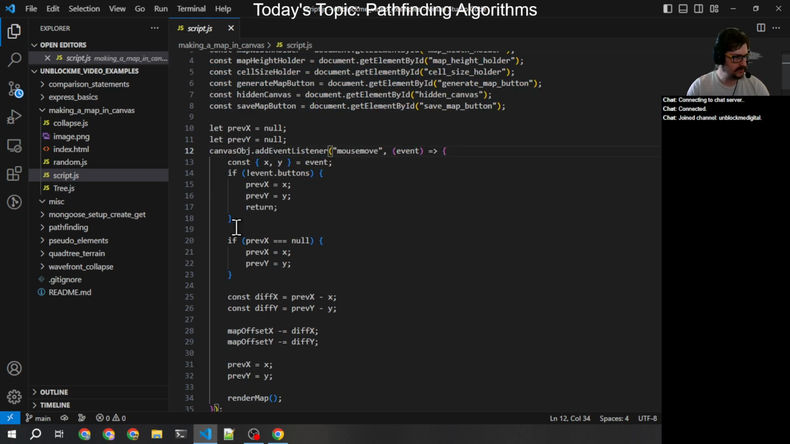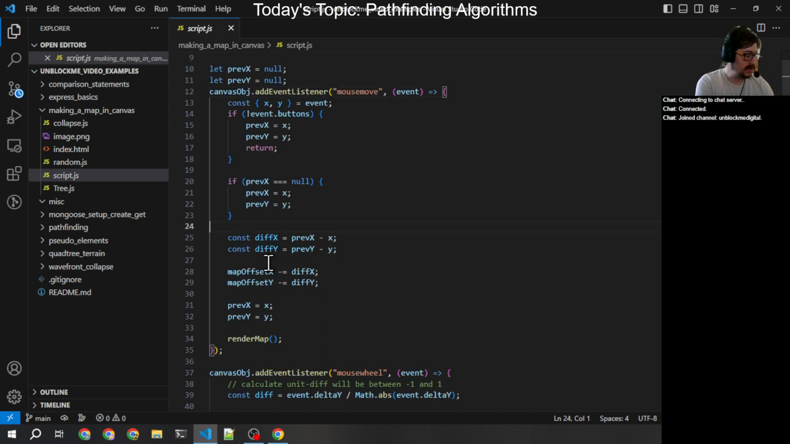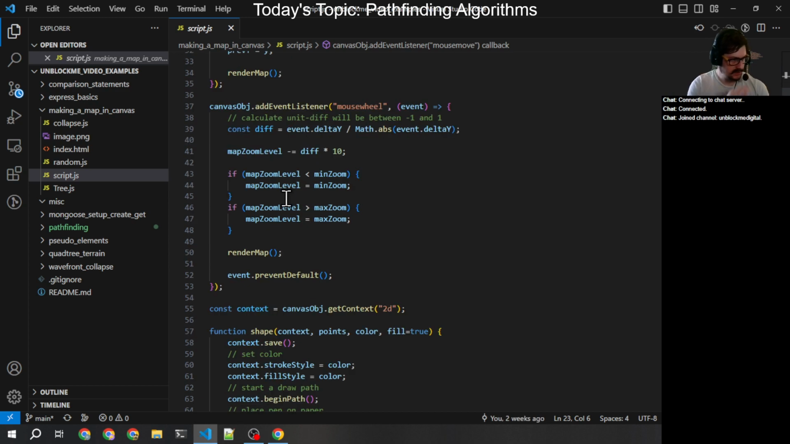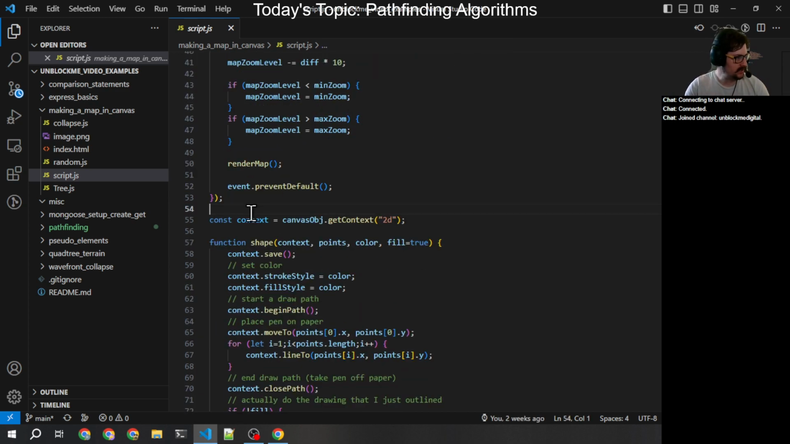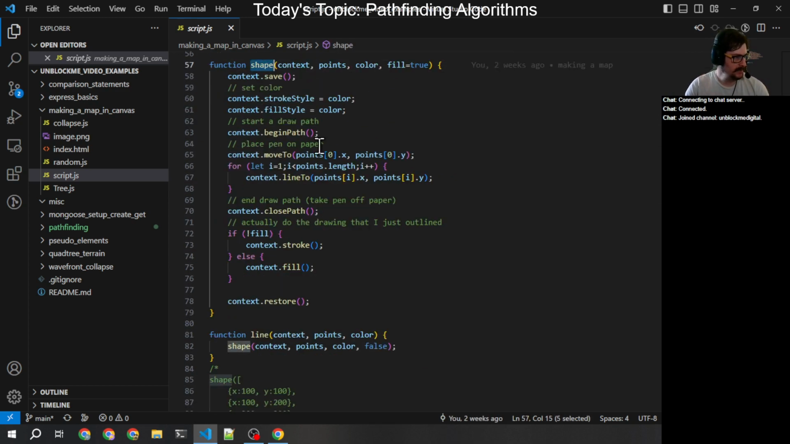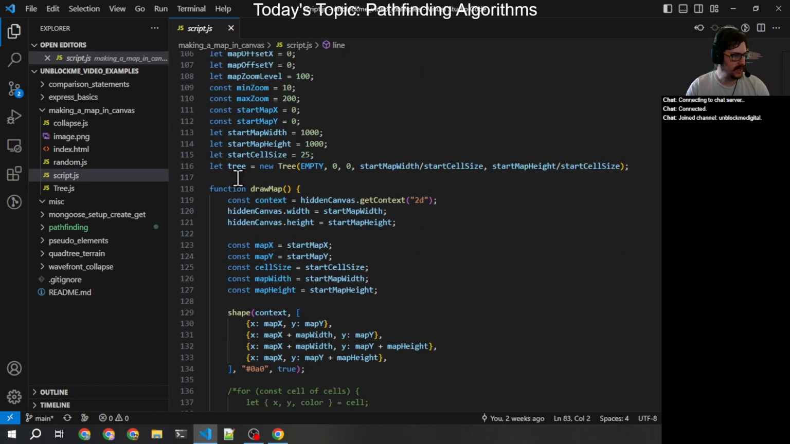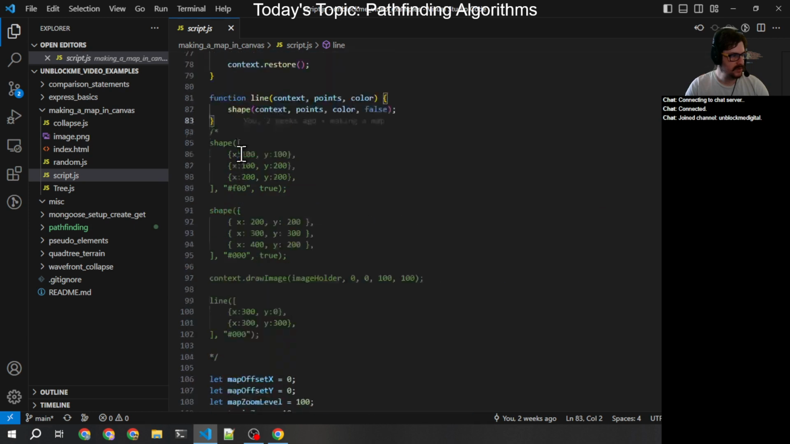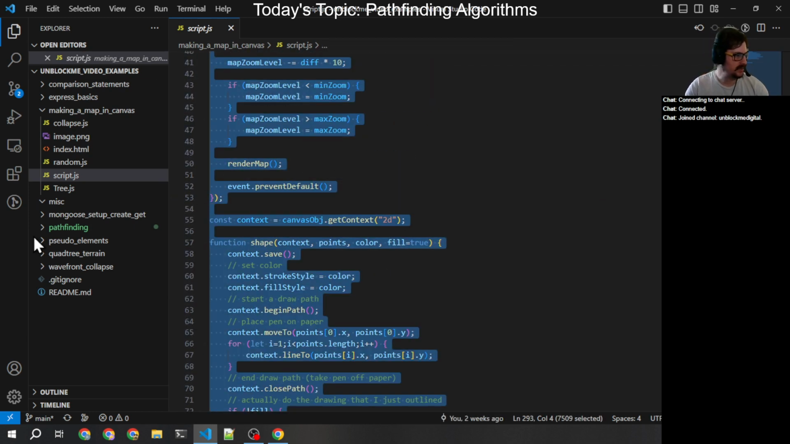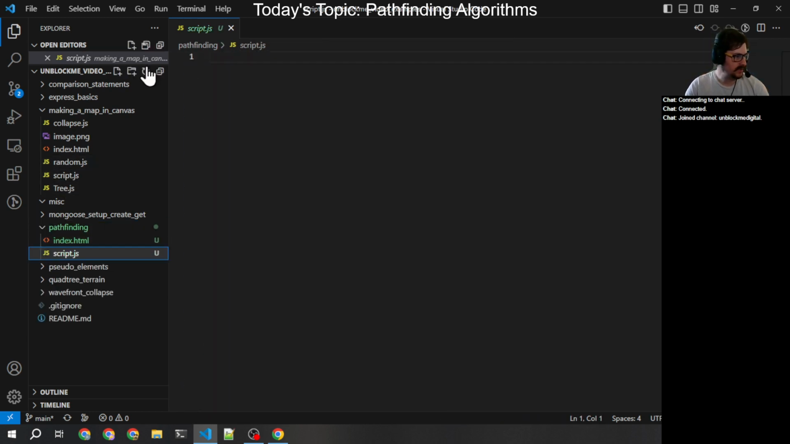We got a mouse move that handles dragging the map around. Here there's the mouse wheel for scrolling. Here's the actual getting the context. We got a couple draw helpers, and then we've got a bunch of stuff in our actual map. So what I'm going to do is copy this entire file, come over here, and make a new